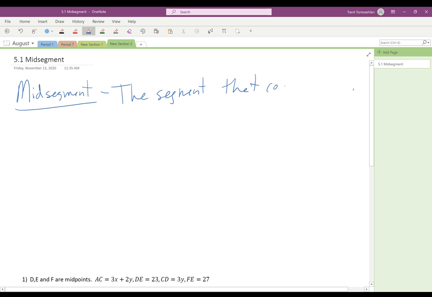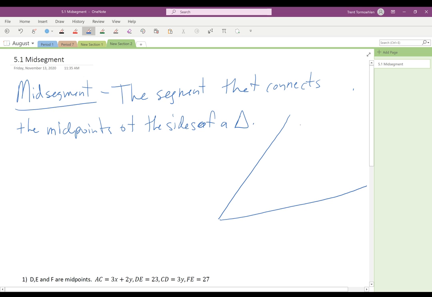And so when you're thinking about this, you're always looking for, do I know if those points are midpoints? And then if I don't, how do I find out if they are? And then moving on from there. So the segment that connects the midpoints of the sides of a triangle. And so because there are three sides in a triangle,